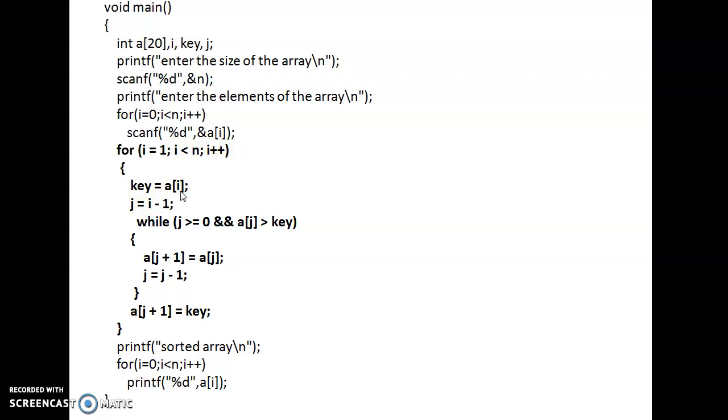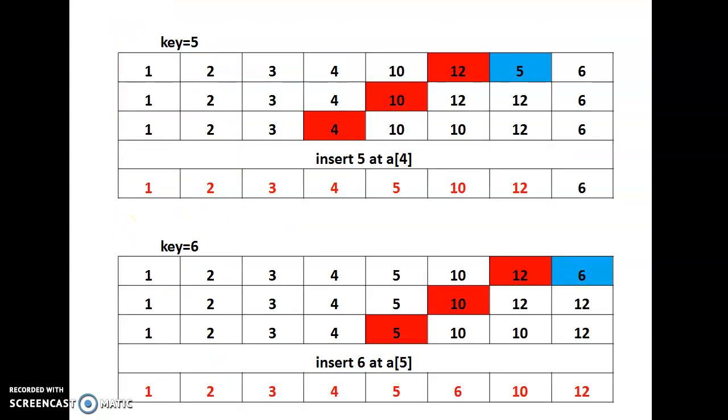And where are we starting the comparison? We are starting the comparison at I minus 1. If you see in our example, when we are comparing 5 with other elements, we are starting with the previous elements. If it is A of I, it is I minus 1. That is, J value is starting at I minus 1. And we are comparing up to whatever element we want. That is, whenever this particular 5 is greater than that particular element, we are stopping. That's why we are taking J equal to I minus 1.